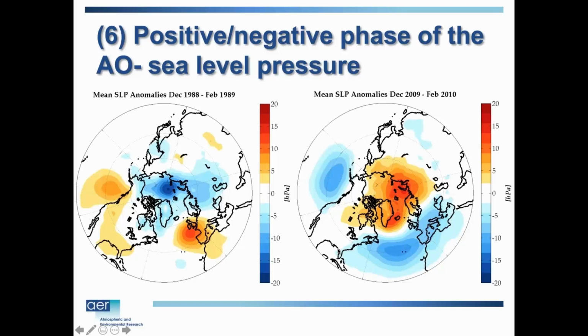And that's the fifth step. And what you get, the final sixth step, is in 88-89, very much a canonical positive AO. This is the sea level pressure anomalies: low pressure over the Arctic basin, positive pressure anomalies in both the Atlantic and the North Pacific. And in 2009-10, when you had the high snow cover, increased strength in the Siberian high, increased polar heat flux, a sudden stratospheric warming or a weaker polar vortex, you get this negative AO throughout the wintertime, high pressure over the Arctic, low pressure in the Atlantic and Pacific basins.